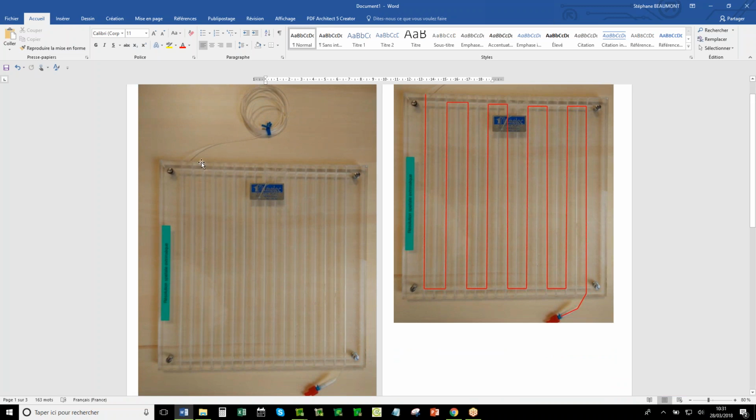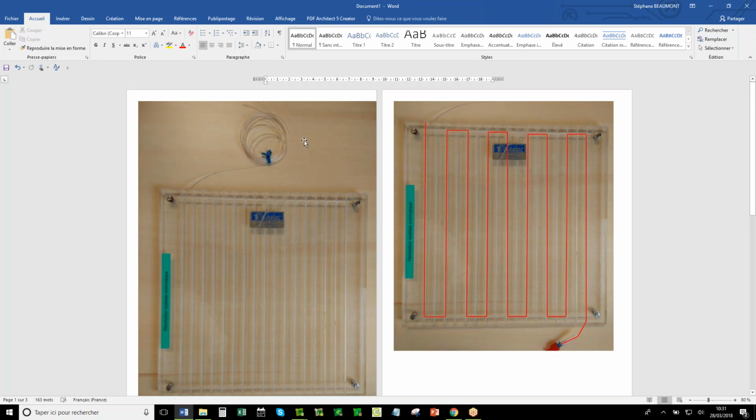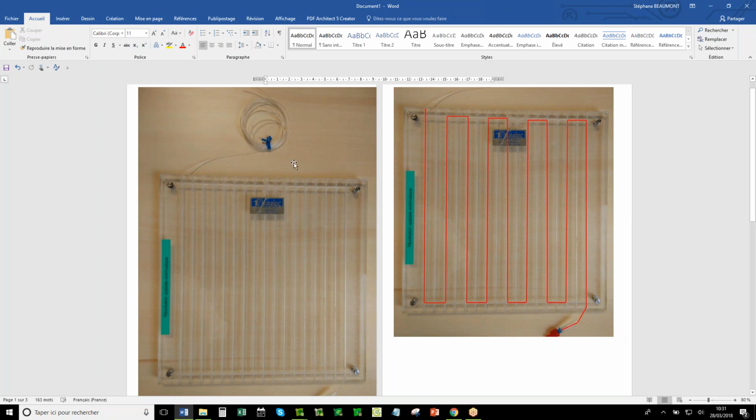It's 2 plates in acrylic. One has a groove to install a guide for a catheter, which they use in radiology or in cardiology to push something in a vessel.